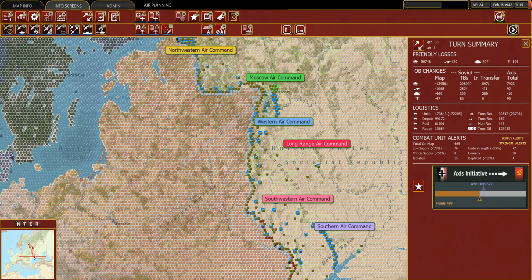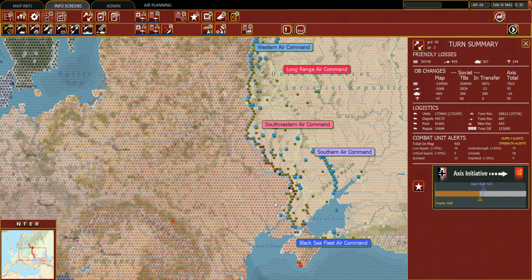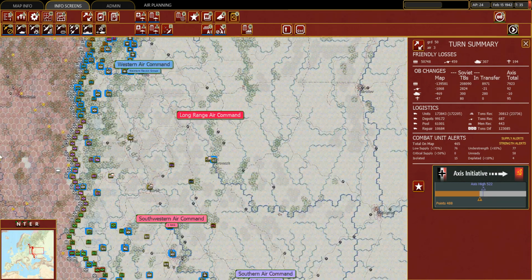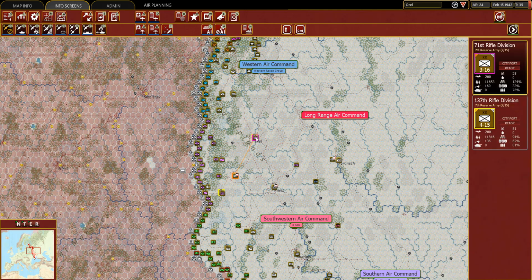Right. What's certainly not a hypothetical threat is the danger exposed to Army Group South. But let's go and take a look. Once again, a lot of units. I have a sensation that it might be all those infantry squad minuses that are getting removed from TOEs and then the manpower is sent back. I'm not really sure, because